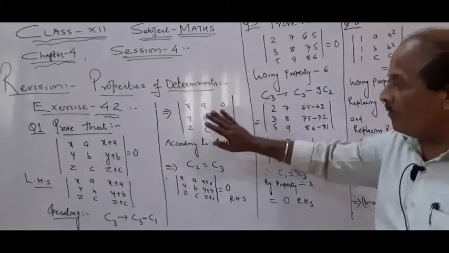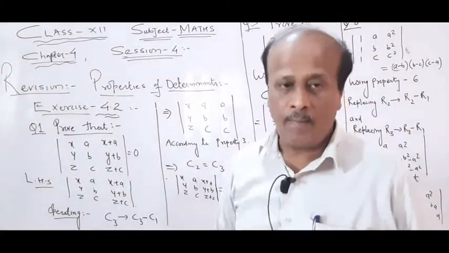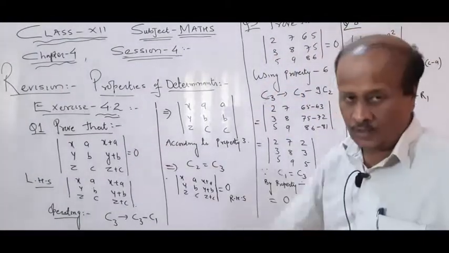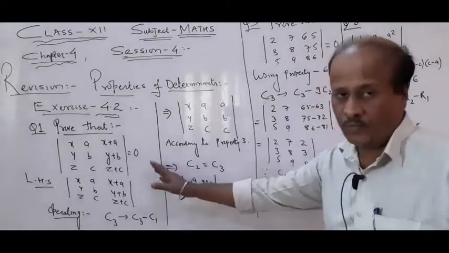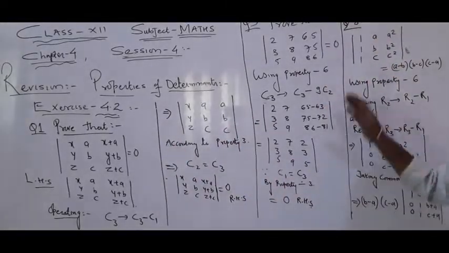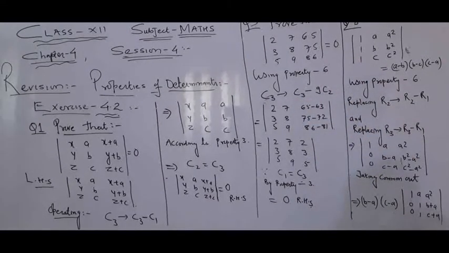So question number 1, 2, 3, 4 or up to 5, it's an easier one. In most of the questions, you are supposed to start with the determinant and they will be asking you to prove it equal to 0. Now we are moving to some typical questions, slightly harder than the questions I did just now.